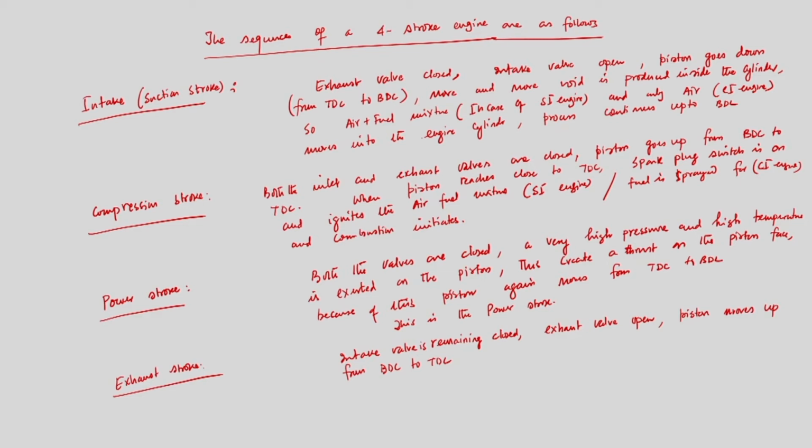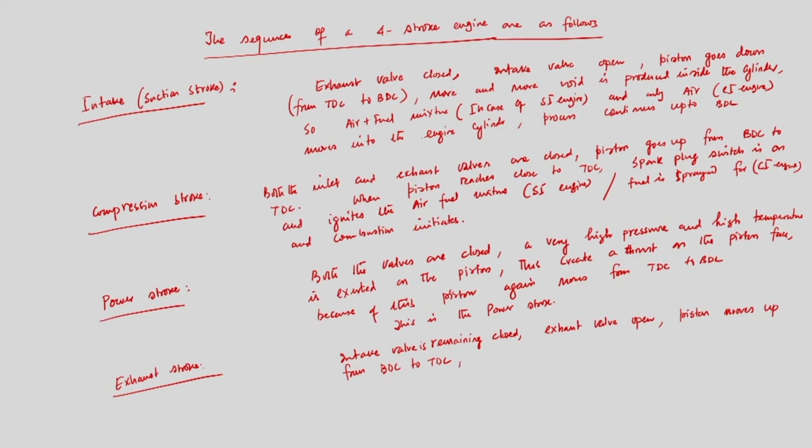I mean these two valve openings are simultaneous, and as I said, nowadays all these valve opening times are controlled electronically. The piston moves up from BDC to TDC. So from BDC to TDC the piston is coming up, and